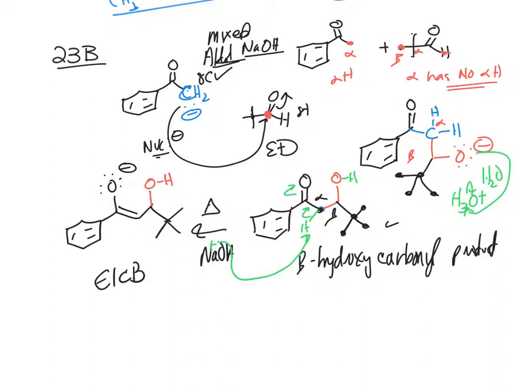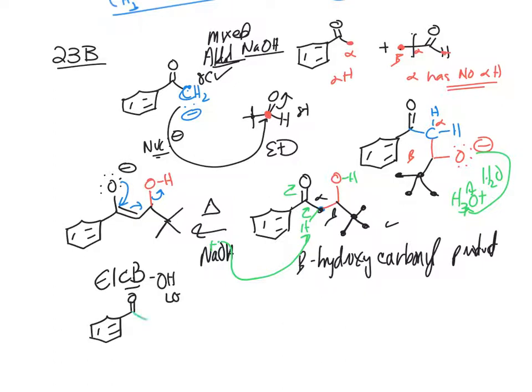So it's going to, it's a unimolecular, so it's going to all happen within itself, and it's a conjugate base. So this is a conjugate base. This makes OH a leaving group. So the driving force is to reform that carbonyl, and then that leaves, and then your product becomes the carbonyl,